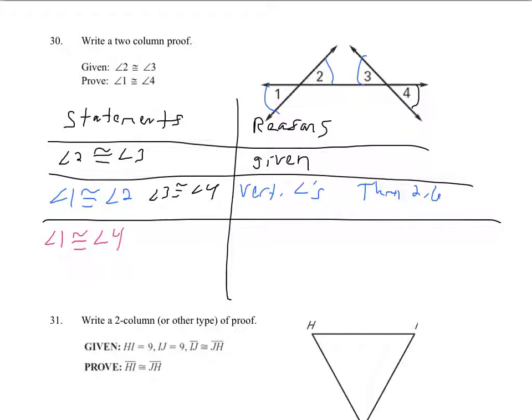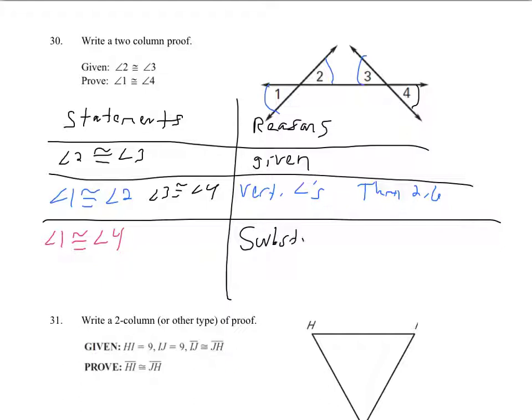Well, if we're saying that these are all congruent to each other, they're all like equal measures, then what we're doing is we're replacing one with another. It's like we're taking our original statement of 2 is congruent to 3, and instead of saying 2, I'm going to say 1 because I know 1 and 2 are congruent. And on the right side, instead of saying 3, I'm going to say 4. I'm replacing 3 with 4. So this would be the substitution property that allows us to do that. Anytime you're replacing,